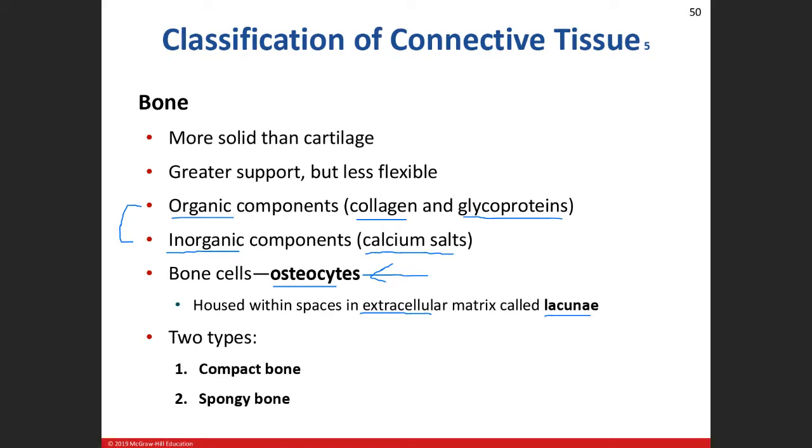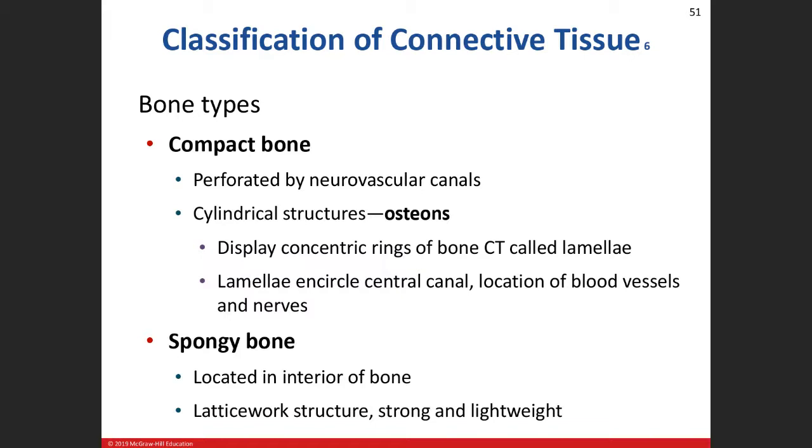There are two types, compact bone and spongy bone. We saw the compact bone in lab. We didn't really see the spongy bone. Compact bone has structures inside called osteons. They're circular-like structures, similar to the rings of a tree. Have you ever seen a tree cut down? You have these rings growing around the center of the tree. It's very similar to that. Those rings we call lamellae. These rings are pretty much the connective tissue of the bone. And at the center of it,